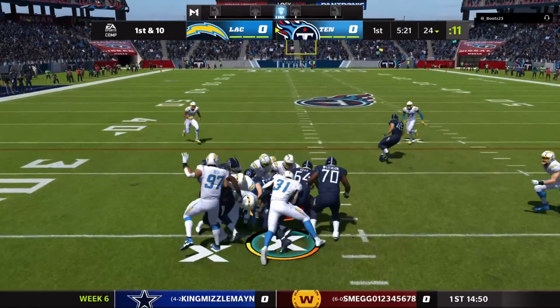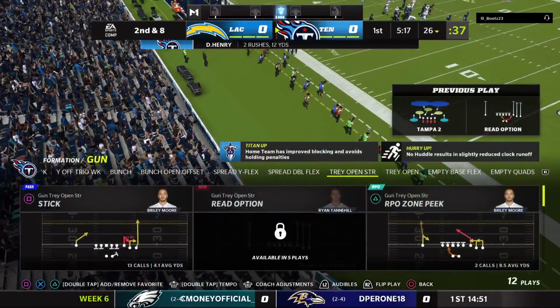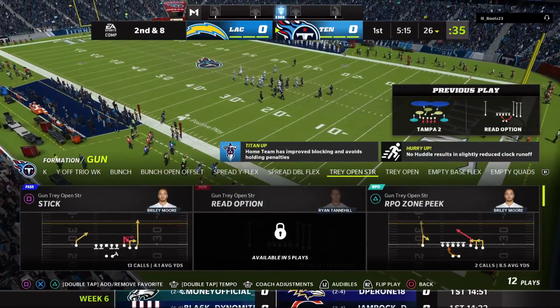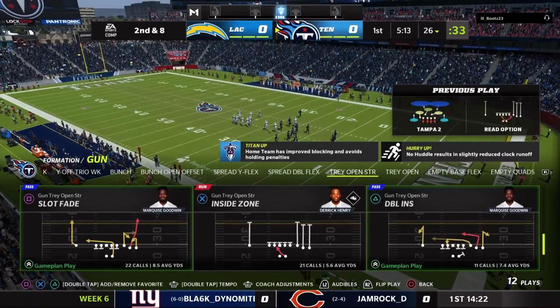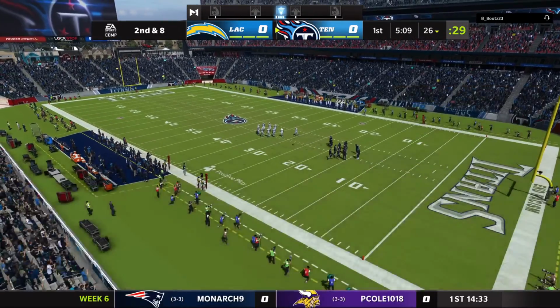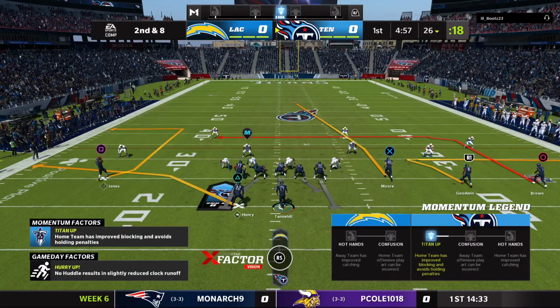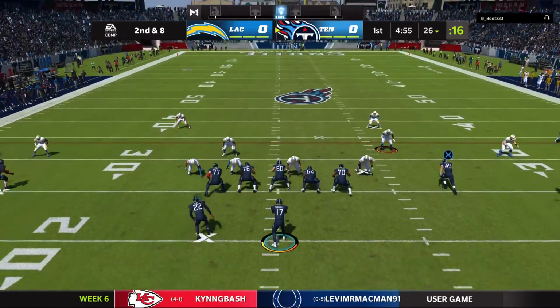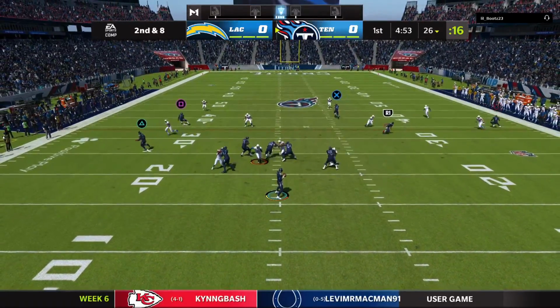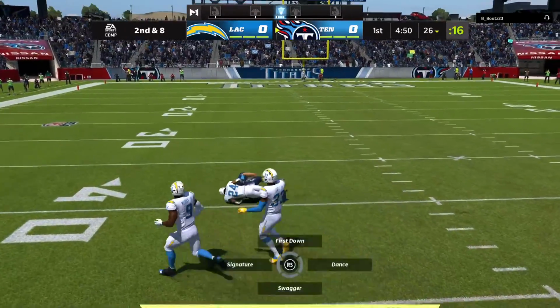Tannehill going to hand to Henry on the option. And he'll fight forward on the straight-ahead running for just a couple of yards. Second down. Defensively here, you're facing a top-5 team in terms of points scored in the NFL. So when they're that high-powered, you've got to find a way to hold them under 20. Because to me, that's the magic number. 20 points scored you give yourself your best chance to win. So if they're up around 24, 28, 30,